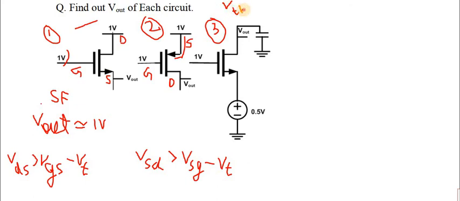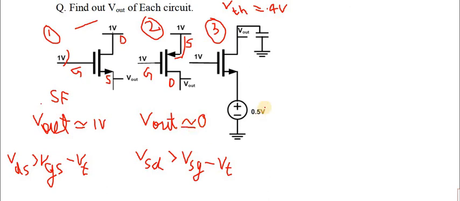You can assume. See, some assumptions you have to take for intuitive answers. So if your PMOS gate voltage is greater than this, then you will not get an output voltage. These are intuitive answers, I'm not giving the exact answer. So you can say that V out will be approximately 0.